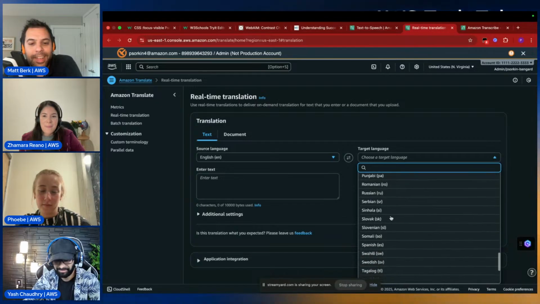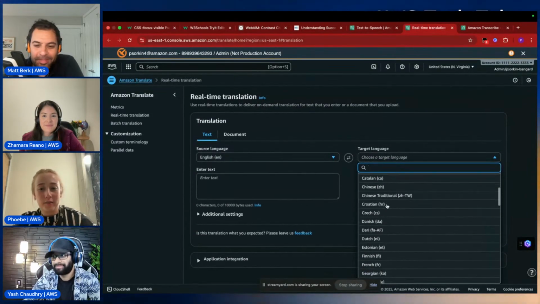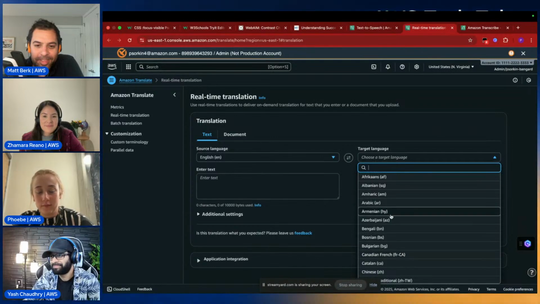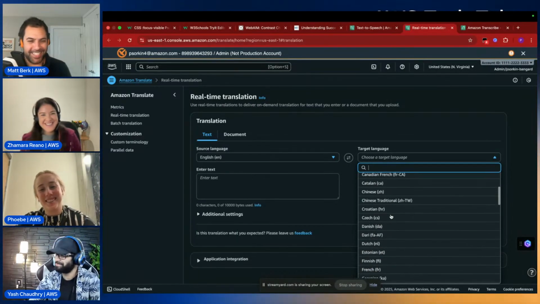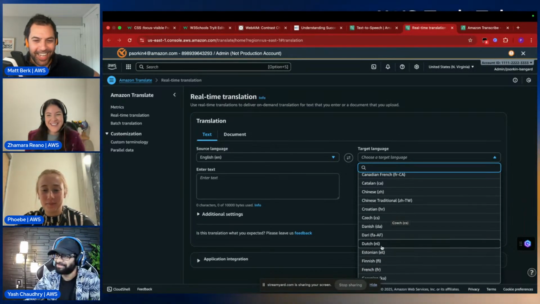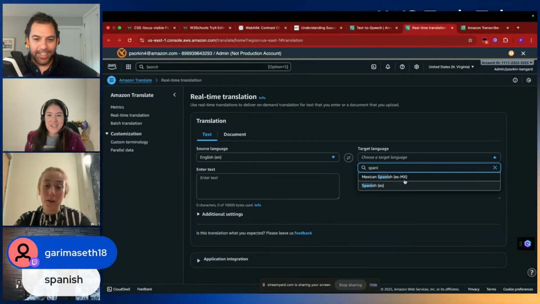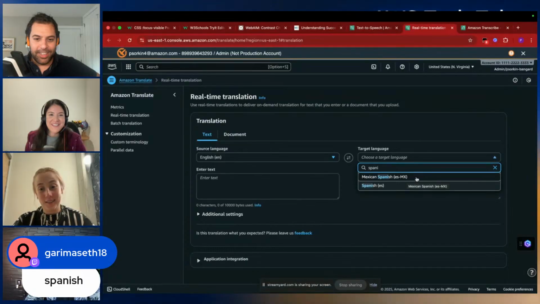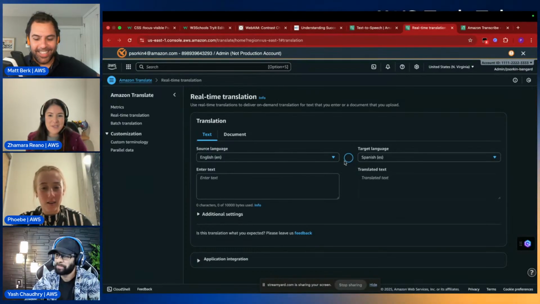What's impressive to me, as you're scrolling, is how many languages are available. Zamara always wants to pick Spanish because then she can check the engine for us, so I can make sure it's accurate. We can go with Spanish. Oh, look, somebody else also wanted Spanish. There you go. Do you want to go with Mexican Spanish or just the original Spanish? You can put Spanish ES.